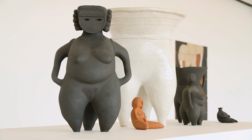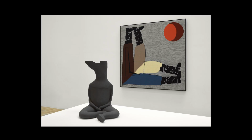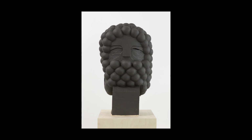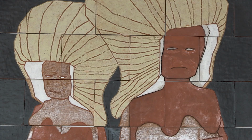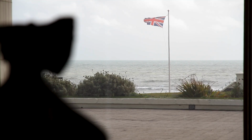I'm now almost solely focused on representations of the female figure, whereas before I was looking at representations of males in art history and concentrated on the boot and the beard as these signifiers or kind of props that males used to project power and status. So even though this exhibition primarily features women and images of women, there are still a few remnants of the booted man. And I didn't connect it at the time, but